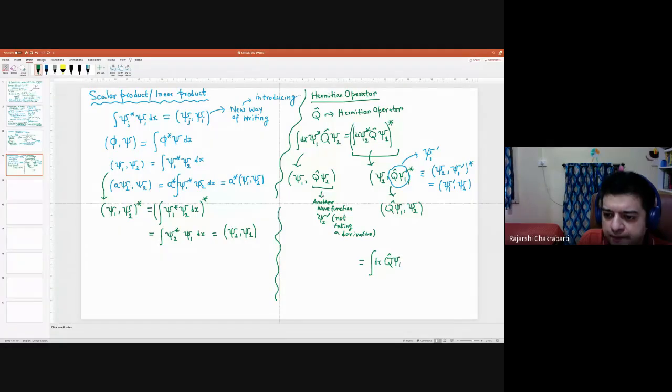psi 1 whole star into psi 2. Are you convinced? Just writing the thing in integral form. Are you convinced? And what I had here earlier, this is the expression. What I had here is